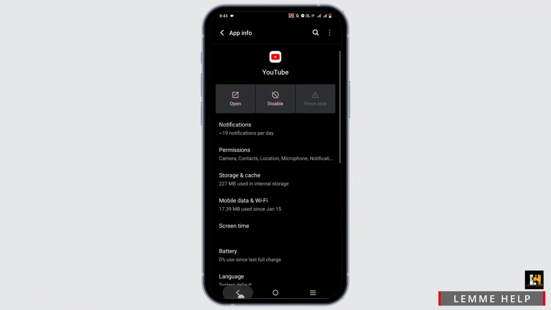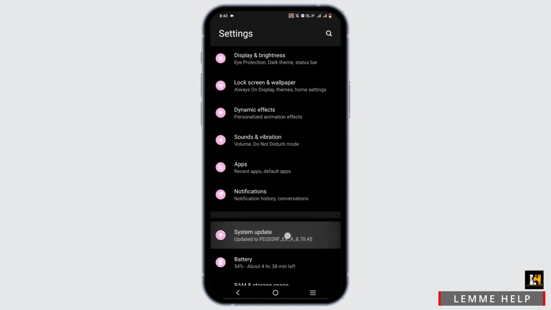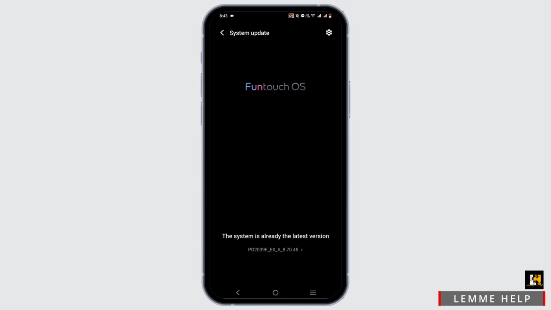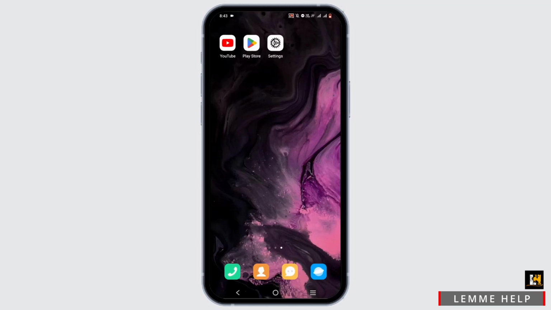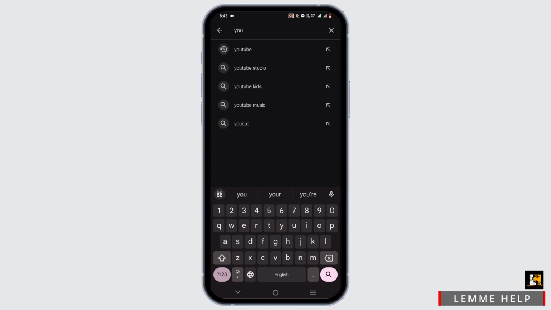Now while you are in your setting, go ahead and check for your system update as well. In here, you need to check for any possible update that you can conduct for your mobile device to be up to date. Now once you have carried on all of the steps, open up your Play Store or App